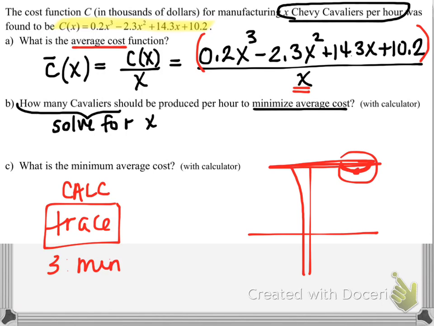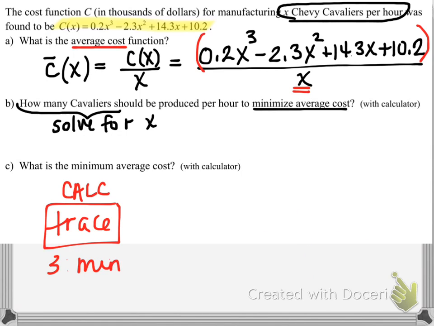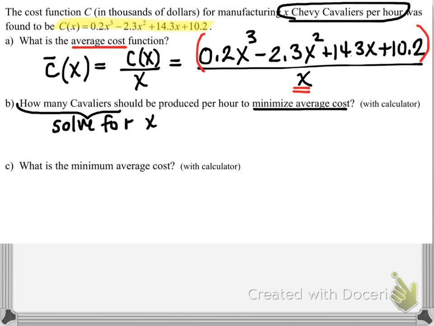So I would recommend instead changing your window. Go to window, and I would alter your y maximum. I would choose a larger number than 10. For example, maybe I choose a y maximum of 20, just so that I can see that portion of the graph that contains the minimum more clearly. And then go ahead and calculate the min. So in doing so, here's what your minimum should be. The minimum that your calculator gives should be